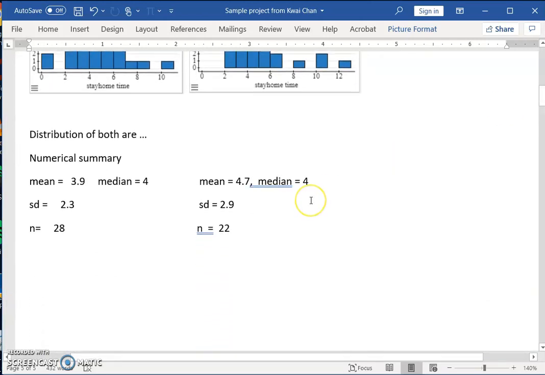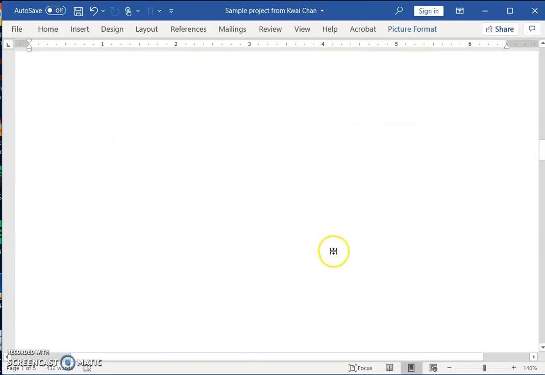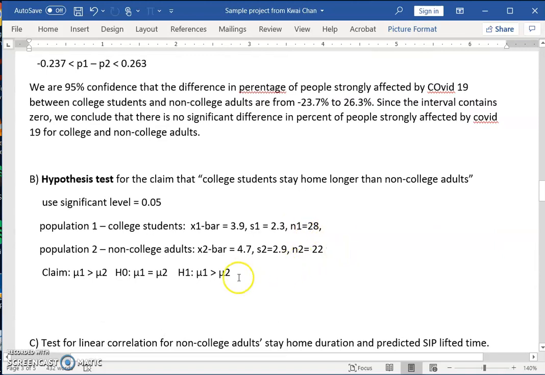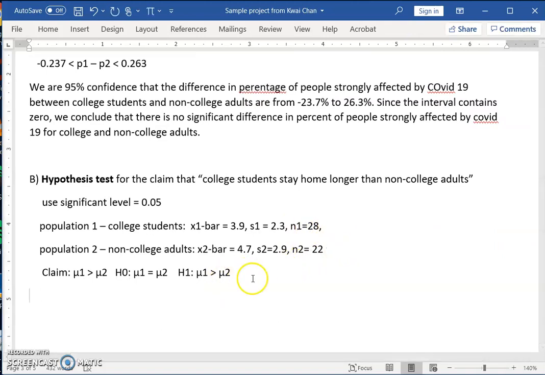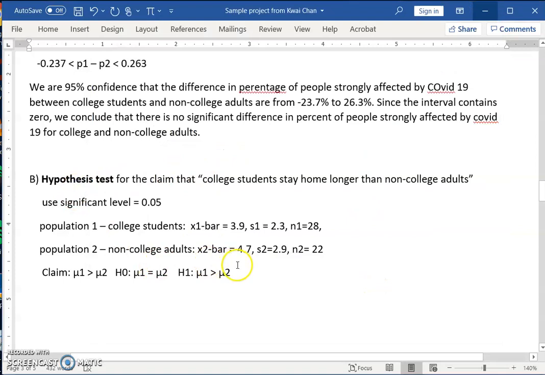Did I enter it correctly? 3.9, 2.3, 28, 4.7, 2.9, 22. Yes, and that is what I did when I entered it. And my test statistic was, what was it? I forgot to write it down. Negative 1.06, and 0.8519. So it's a very low test statistic. The output uses StatCrunch, T stat,